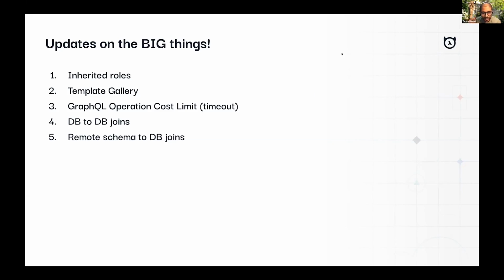We talked a little bit about this last month, but for those of you who didn't catch it, this is an extremely interesting piece of work where we think about rate limiting for a GraphQL API, where you're not using something like an allow list. You're able to specify a cost limit per operation per role that then allows Hasura to suspend execution if a cost threshold is crossed, and also kill execution in the upstream system, in the database, so that